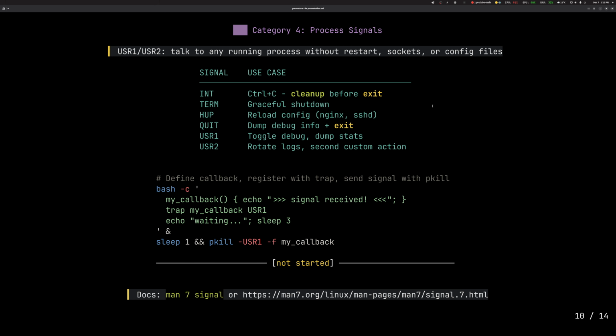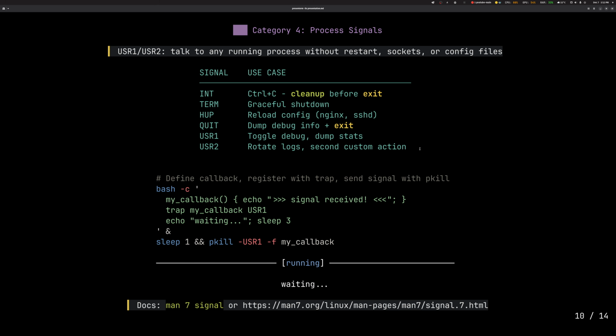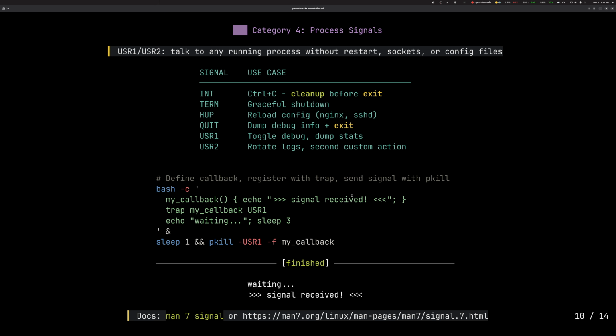So let's see how it works in practice. When I execute this code, you see we are waiting for 3 seconds here, and now we have signal received. So again, remember this snippet runs, and then we send the pkill user signal to a process that registered myCallback as a signal handler. And this is the only process that did it. Signals, by the way, are process oriented. So by default, you need to address the process either by its name, or if you're using kill,